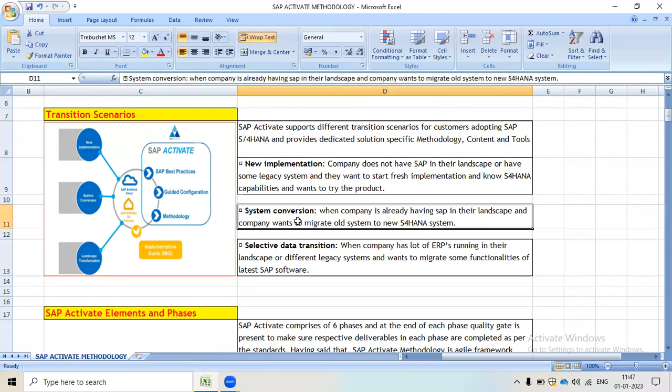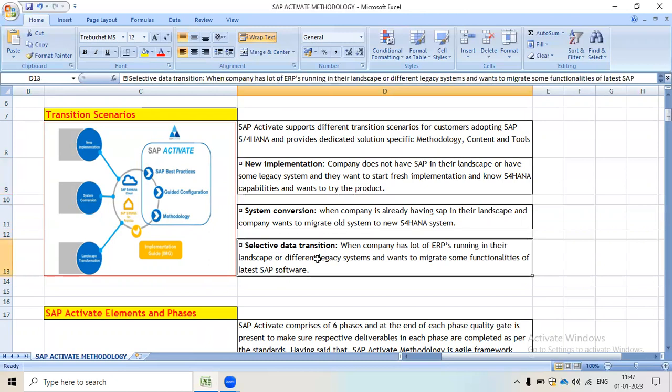And system conversion is when the company already has SAP in their landscape and wants to migrate the old system to the new S/4HANA system. So it comes under system conversion, known as a brownfield implementation, while new implementation is known as a greenfield implementation.